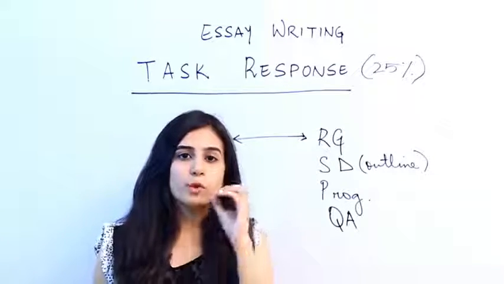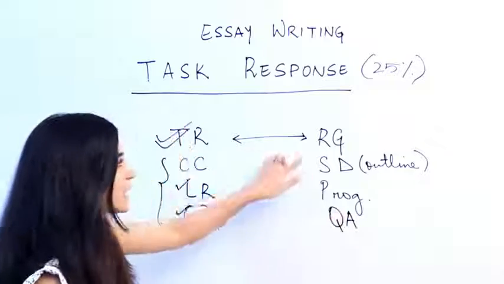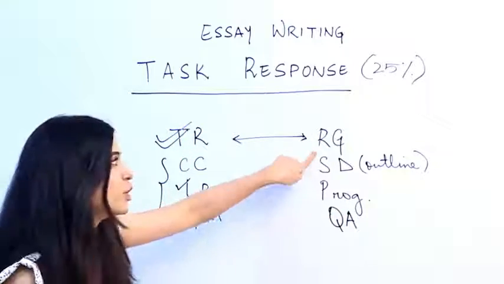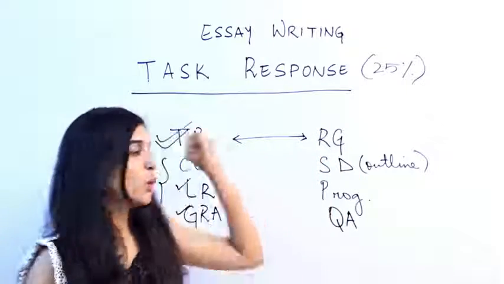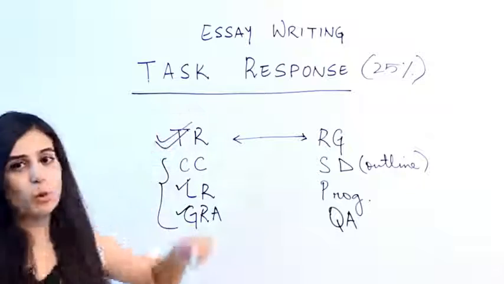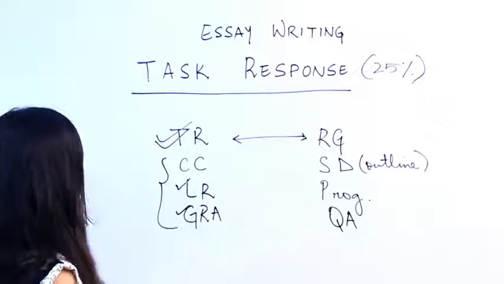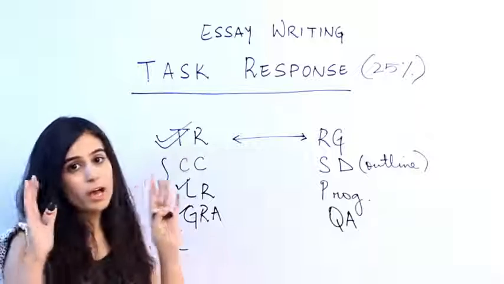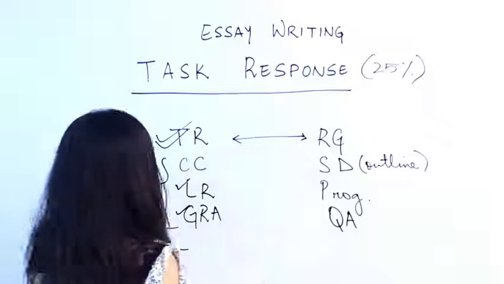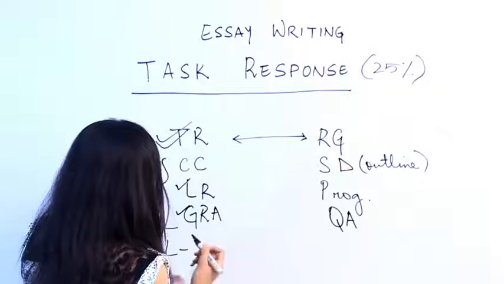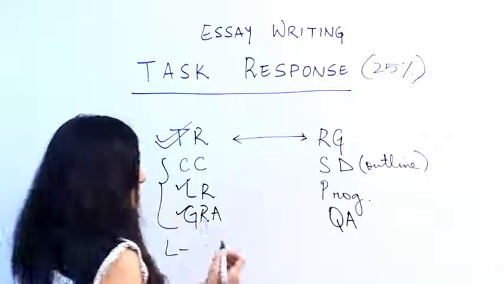90% of software projects fail exactly because of a flaw in the requirement gathering phase, which parallels the task response phase of our essays. And that is the reason we come across this figure n number of times when we are dealing with candidates who come to us for guidance, which is